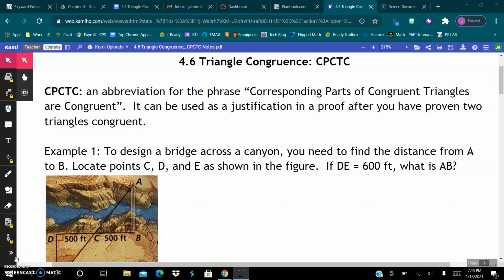So for section 4.6, we're still talking about triangle congruence, but this time we're talking about CPCTC. And that is an abbreviation for the phrase corresponding parts of congruent triangles are congruent. So it can be useful to use as a justification in a proof after we have proven two triangles are